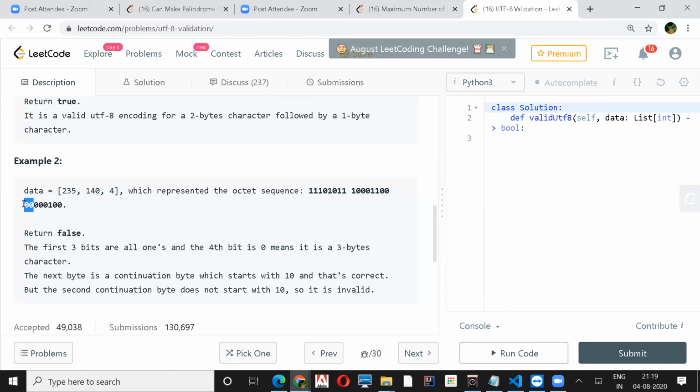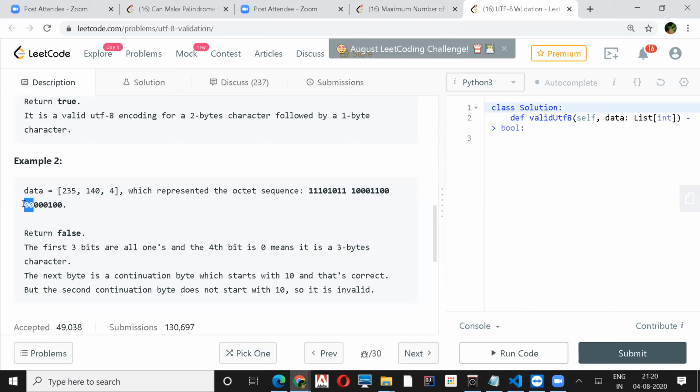So it says there will be only 4 such cases. If the first bit is 0, then it is 1 byte. If the first 2 bits are ones, then it is a 2 byte character. If the first 3 are ones, then it is 3 bytes, or else if the first 4 are ones, then it is 4 bytes.